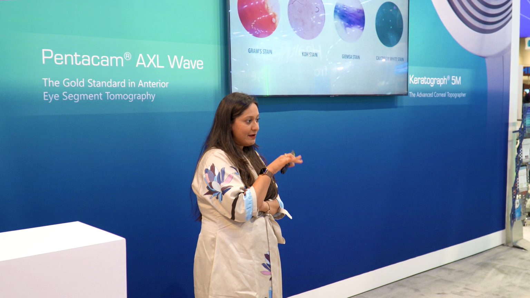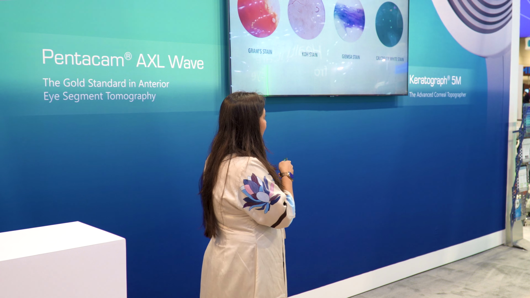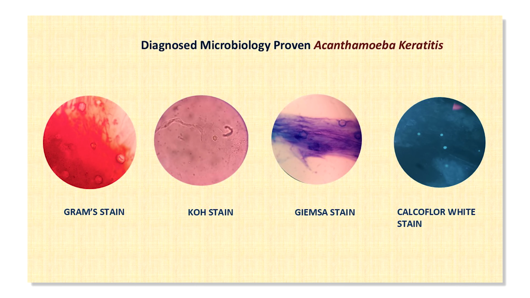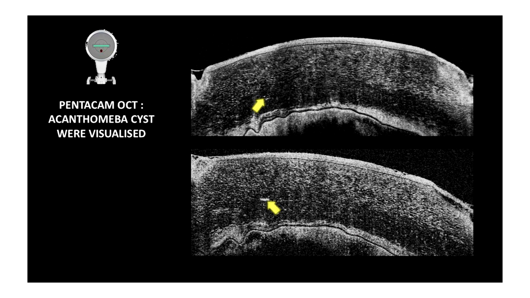Now, sometimes it can be missed because it's a very tricky situation to pick up. If you want to confirm, the only time when acanthamoeba keratitis, the PK or the keratoplasty or the treatment doesn't work is when the patients have active cysts. And the only way to find out is the confocal microscopy, which is, one, invasive. Second, you cannot do it all the time in an infection patient. So you need something non-invasive.